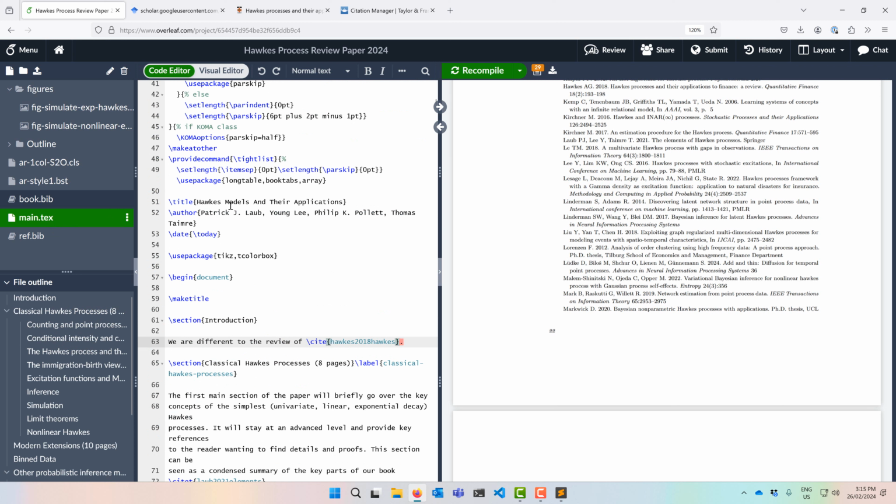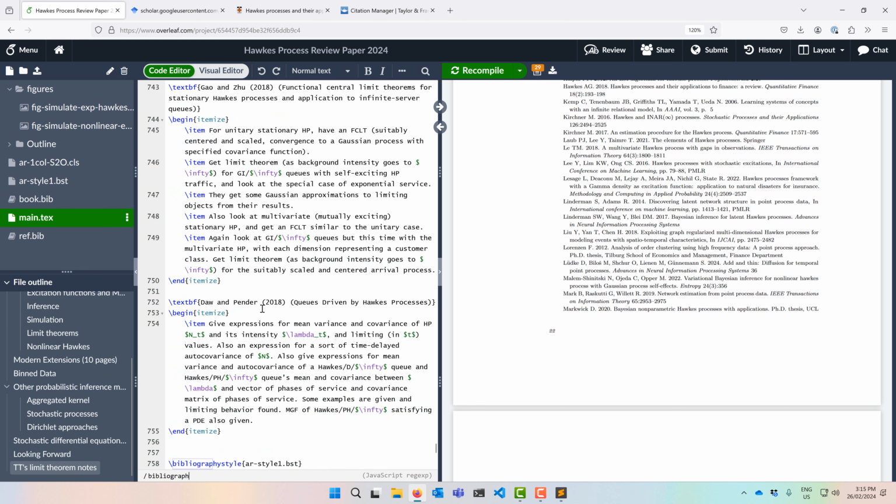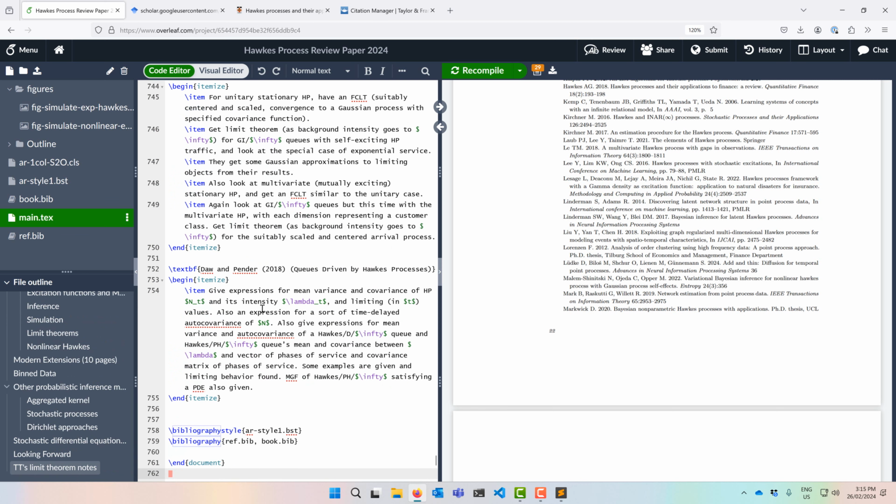Now, the only other thing to mention is that to get this working set up on Overleaf, you'll need to have your BibTeX file ready. You'll need to add the natbib or similar package to the header of your LaTeX, and then at the bottom you need to put these two lines. So one of them is saying what style do you want the reference list to be,